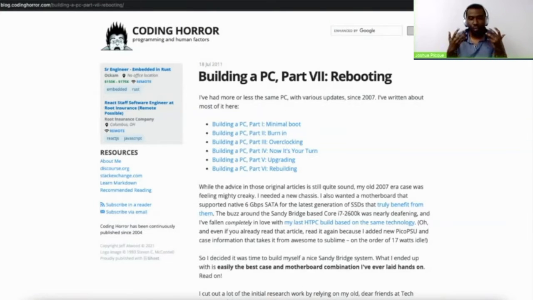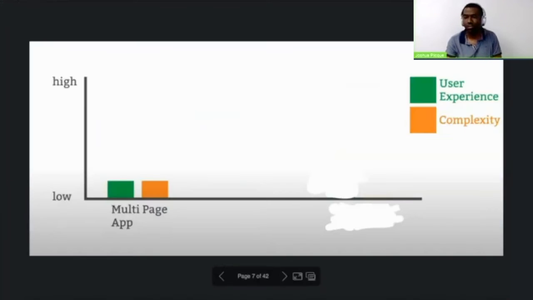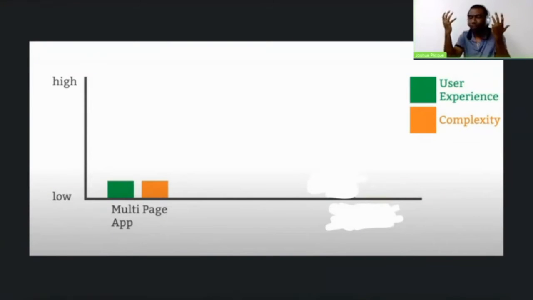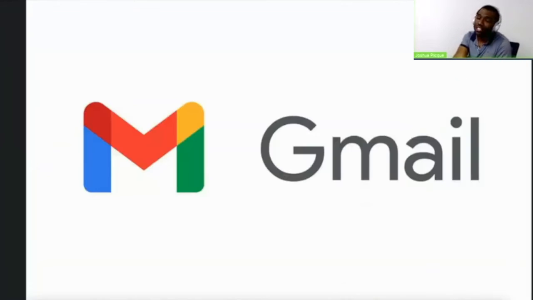at that time was the multi-page application, where you would get the entire payload of the page, you'd click a link, and you'd download the entire payload again. This was the state of the internet at that time. And it was very easy to build applications at that time because you had one language and you needed one person, and you could develop the entire full stack of the application. And so what that looked like in terms of user experience and complexity, these are called multi-page applications, in the sense that you didn't get a lot of power, and it didn't take that much mental overhead to develop these applications. But then Google changed the game.